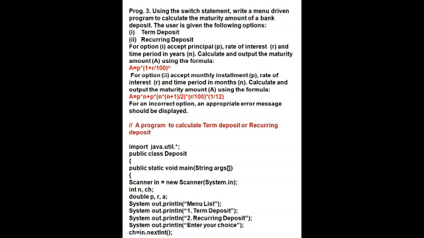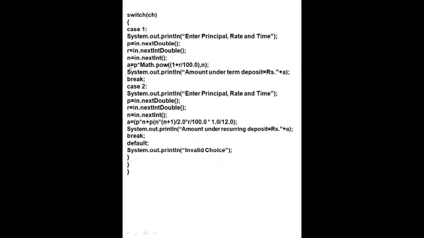This is the P multiply, then this is the power. So we will use the Math.pow function, which is here. We will write it like this: A is equal to P multiply Math.pow, curly bracket, then bracket 1 plus r upon 100, bracket close, keep 1 plus r upon 100 power n, then bracket close.